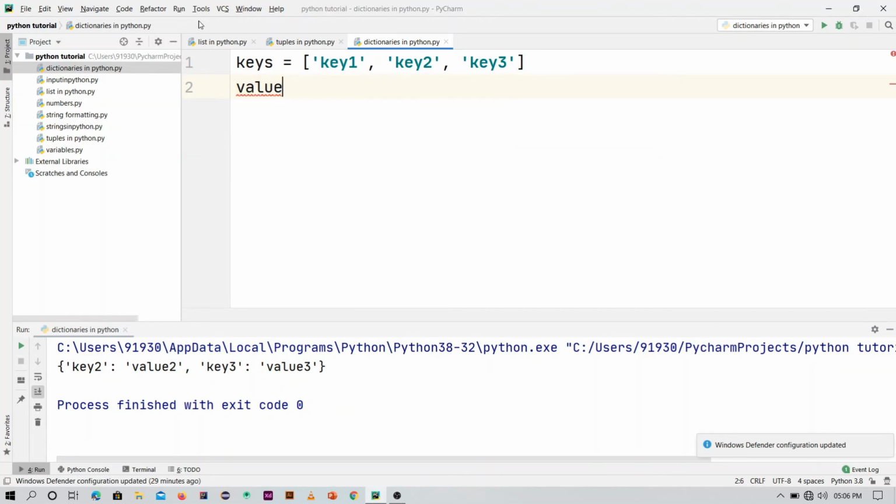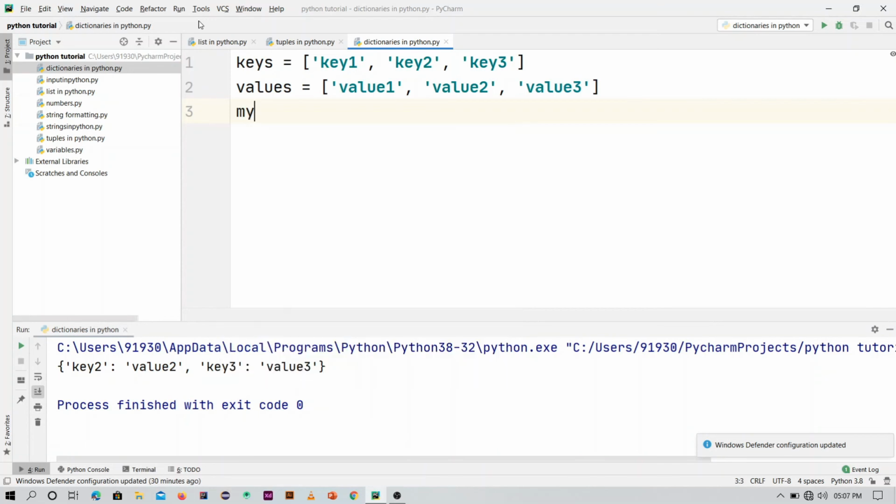And I am going to make another list, values, that is equal to value1, value2, and value3, and then store it into a variable.